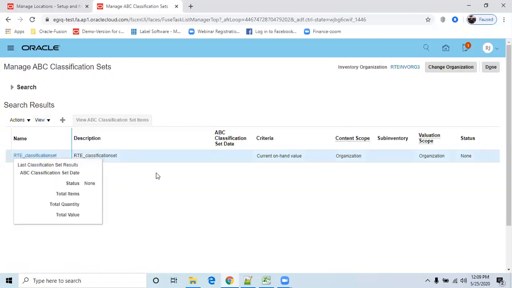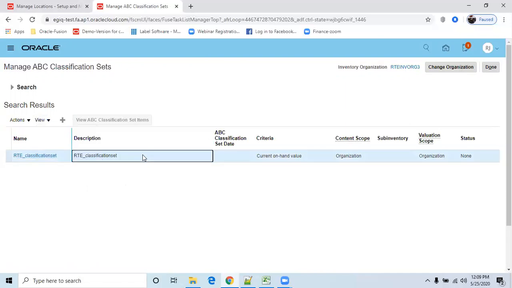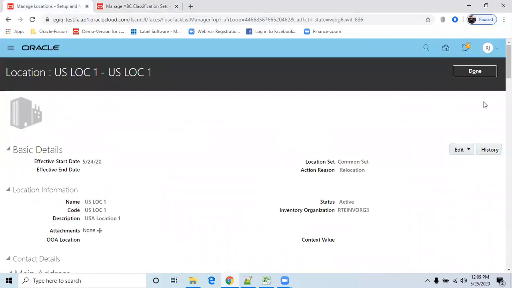Once you create the classification set, the system will run one scheduled program. So let me verify whether that scheduled program has run successfully or not.